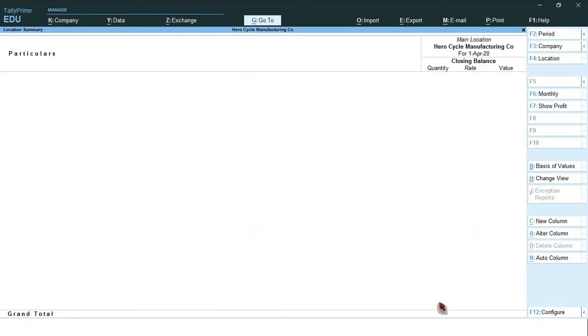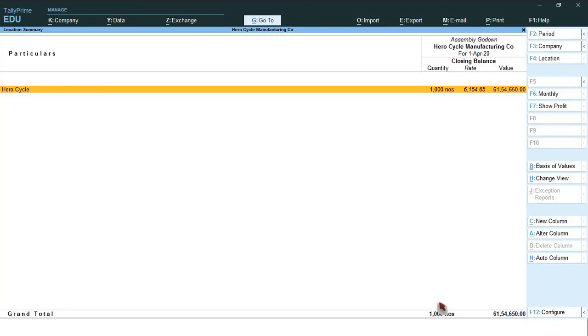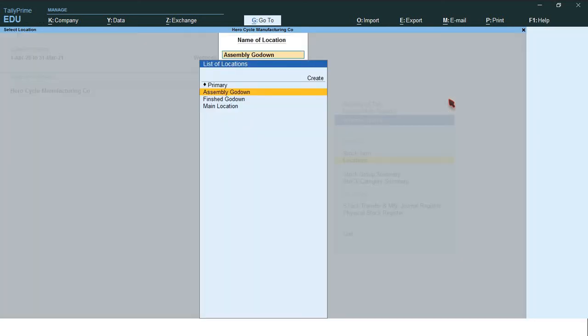Main location godown, nothing. So in assembly godown, there are 1000 Aerocycles. So raw materials are gone. So here it is showing Aerocycle total stock position in the assembly godown. So 1000 numbers are there. Okay.